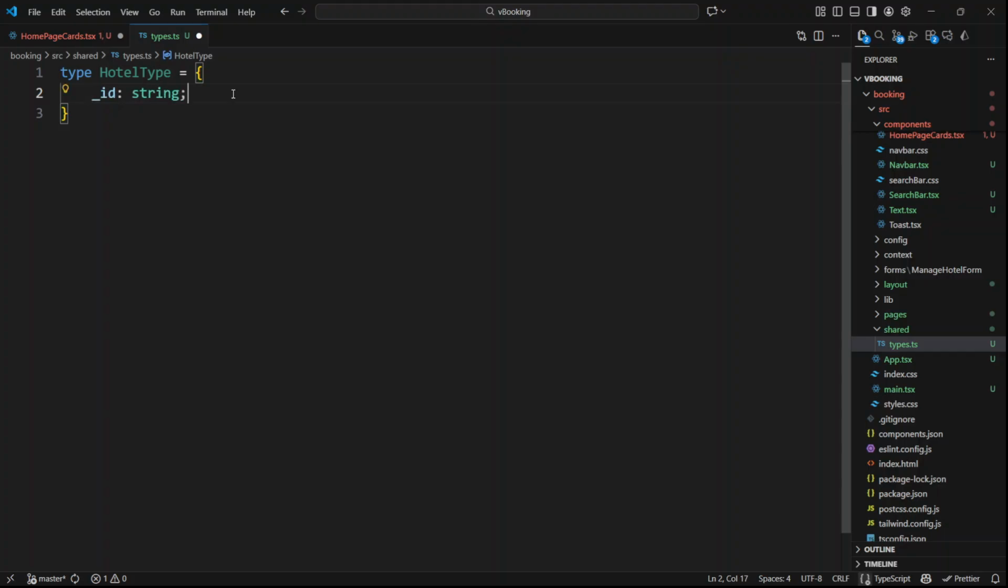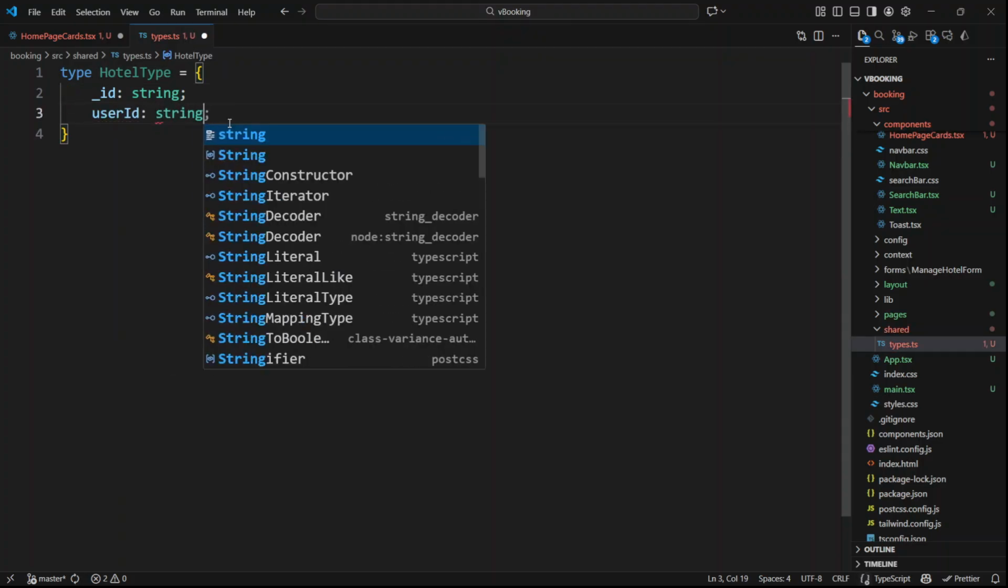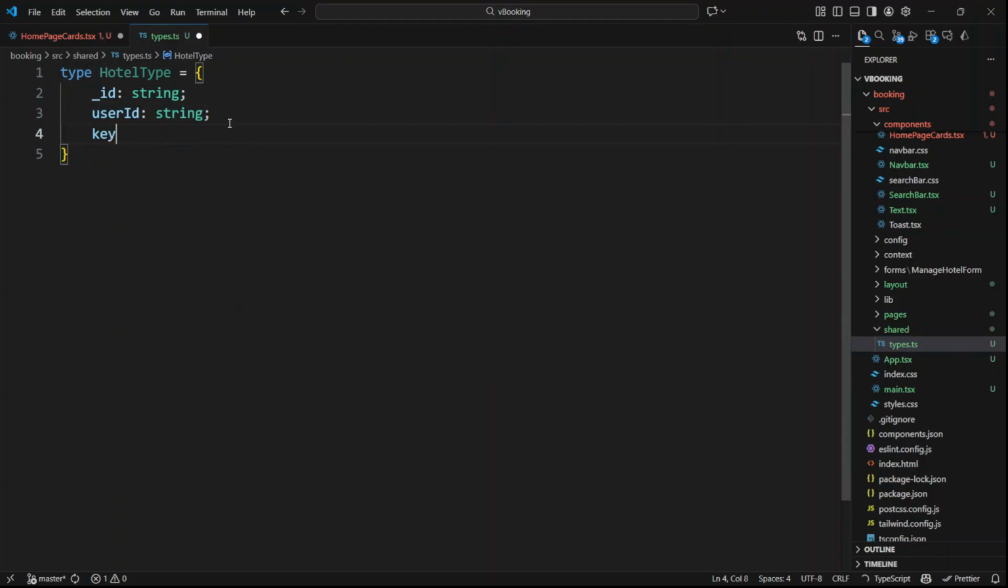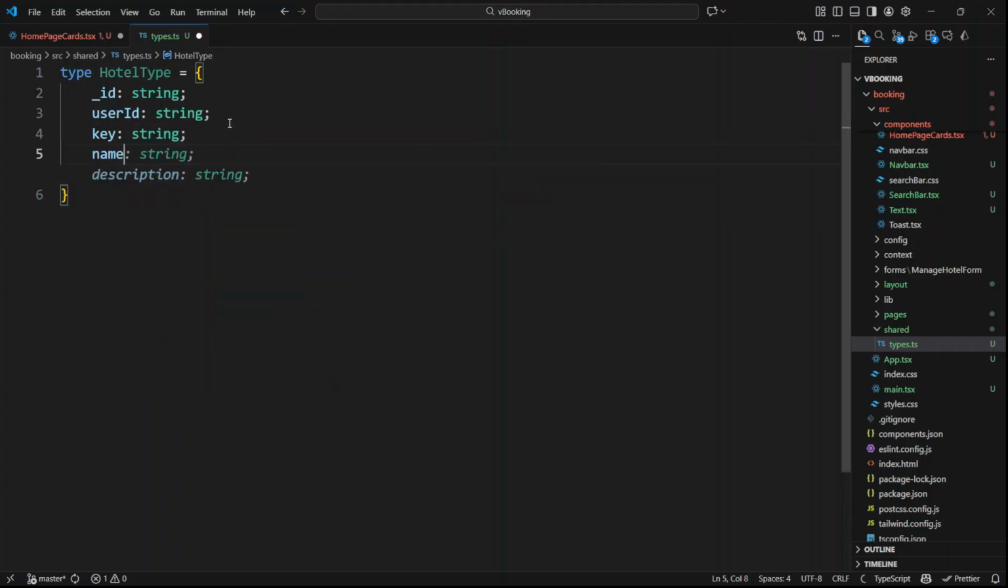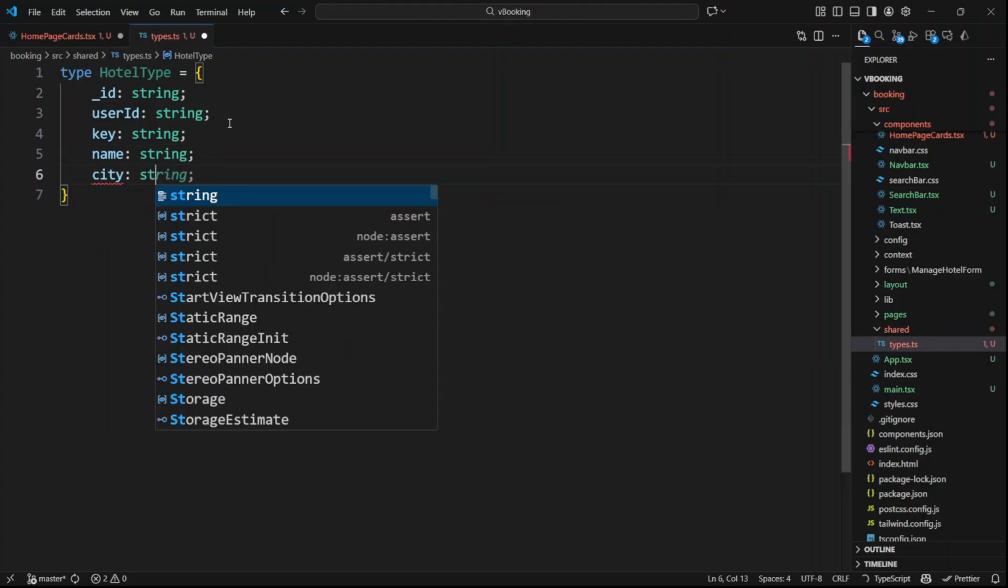So in here, _id is a type of string. We have given underscore id because that's how the id property is stored in the database document, and it will be type of string. And after that we will have userId, which will be type of string, key, which will be type of string, name string, city will be type of string,